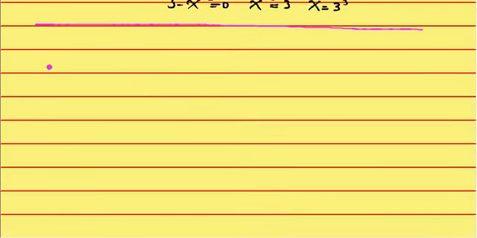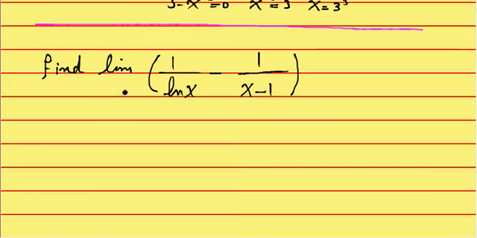Here's a question. Find the limit of one over logarithm of x minus 1 over x minus 1 as x approaches 1. We want to find this. This falls under the category of applications of differentiation and L'Hopital's rule. So we want to apply